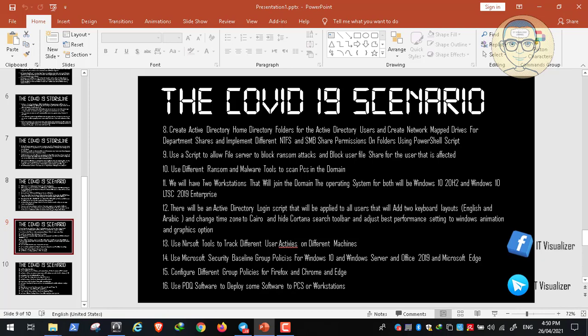These are recommended group policies by Microsoft to be applied to Windows 10 and Windows Server and Office 2019 and Microsoft Edge. So Microsoft has a couple of group policies they recommend for you to apply to your users in your domain. There is a recommended group policy for the Windows 10 operating system and Windows Server operating system and Office. So there is a group policy recommendation for Office 2019, and also a group policy recommendation for Microsoft Edge. I will show you all how we can download these group policies and apply them to our domain, and